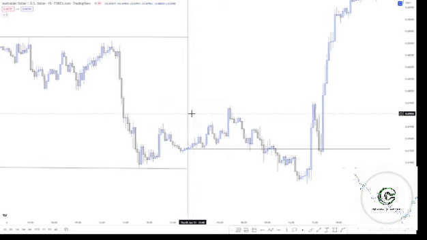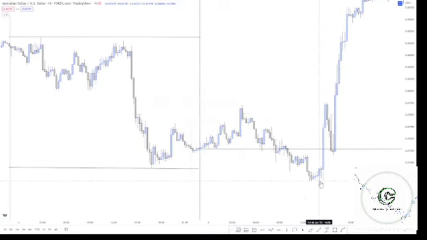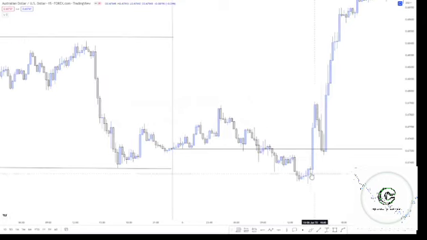Just imagine that. You'd be flying, because this level here, you see this down close candle, right? That was where I was planning to buy initially. In fact, I would have bought, because you see this level here, I knew this was where price was coming to. Why? Because this level here was a pinpoint level, a whole point level. Yeah, that's what I'm going to call it, a whole point level. And what's a whole point level? That's another thing to explain.